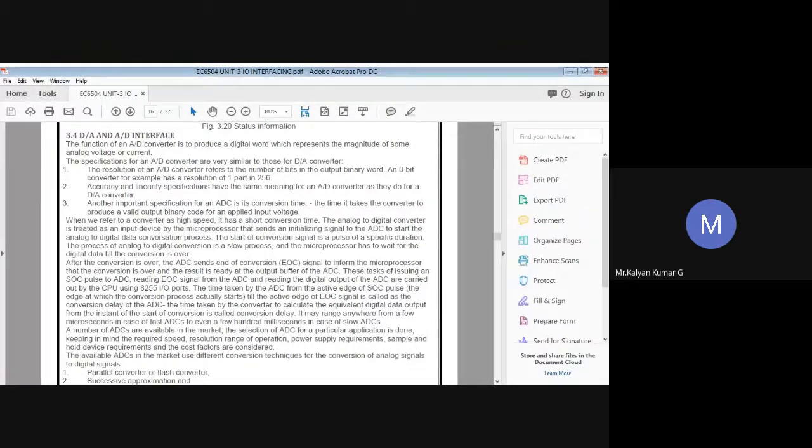So the A to D conversion, we call it quantization. Which means each analog signal will be represented by its equivalent binary data. Since we are going to quantize the values of the analog signals, we call it quantization. Any analog signal, if you want to convert it into binary, we have two steps to be performed. One we call sampling, the other is called quantization.